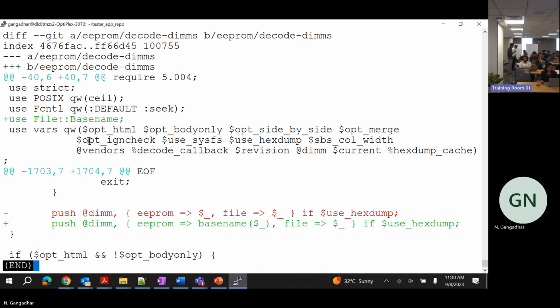Okay, so plus means some change, minus means that line has been removed. So that line has been replaced, some changes have been made to that line. Okay, and then